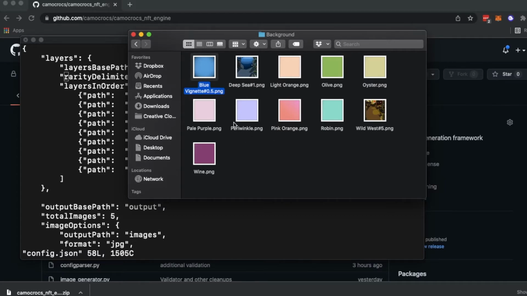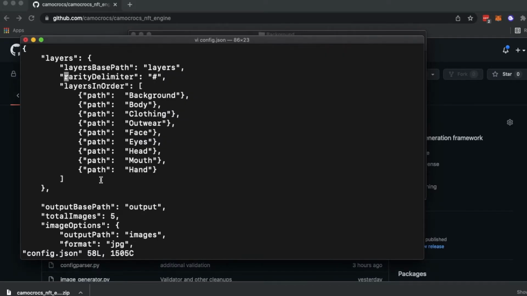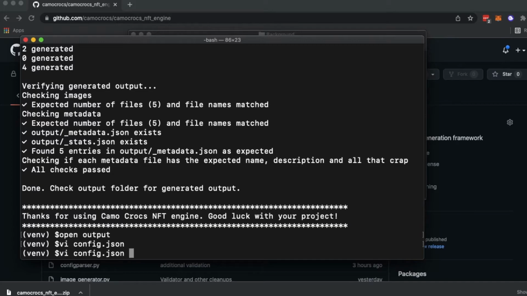Okay. Now, what about the rest? You don't have to go around naming each one differently. The engine will first check if you have a rarity delimiter here, and if you did, it would use that value as its rarity. But if you don't specify anything, it will simply distribute the rarity equally among the remaining. So for example, if you did this and you ran the generation again,